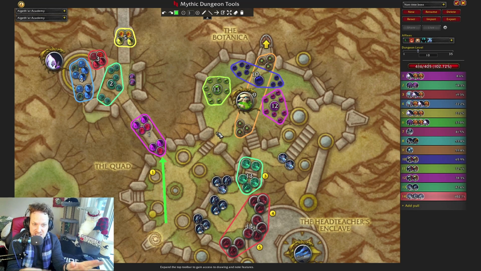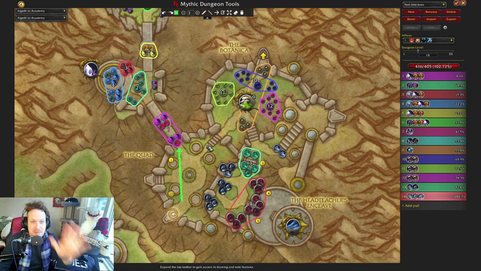This is MDT. And again, why do you want to use this? Well, if you have a team that you're working with and they're not as familiar with the dungeons, you can really help them with this. You could take 5 minutes at the start of your key and just say, okay, guys, I'm sharing my screen on Discord. Everybody watch me. Or get everybody to have